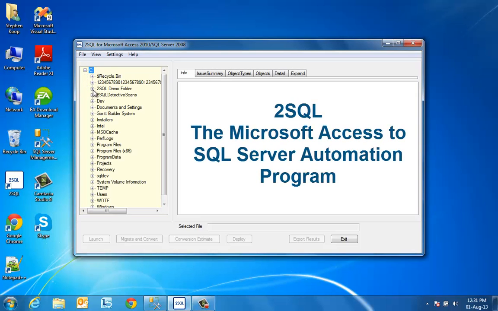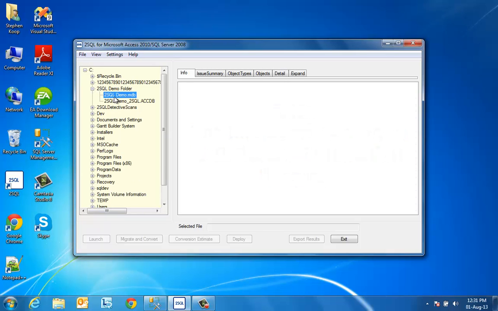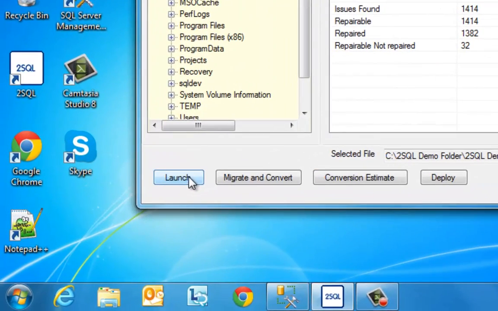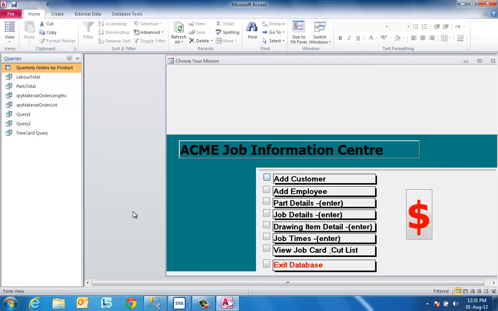In the following video, CU2 Global is pleased to demonstrate live the conversion of a Microsoft Access database to a SQL Server environment using the automation suite provided by 2SQL. Firstly, let's select the demonstration Access database that we will migrate to SQL Server using 2SQL. Now, we will launch the Access application and take a look at some of the objects that will be moved